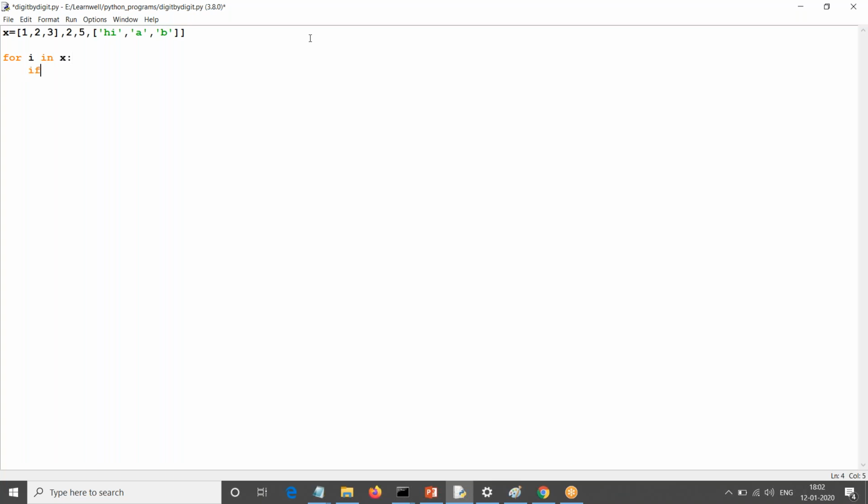So for i in x, if type of i is equal to list. That means I am checking if there is any inner list. Then what I will do is again for j in i, I am iterating that list, and then x dot